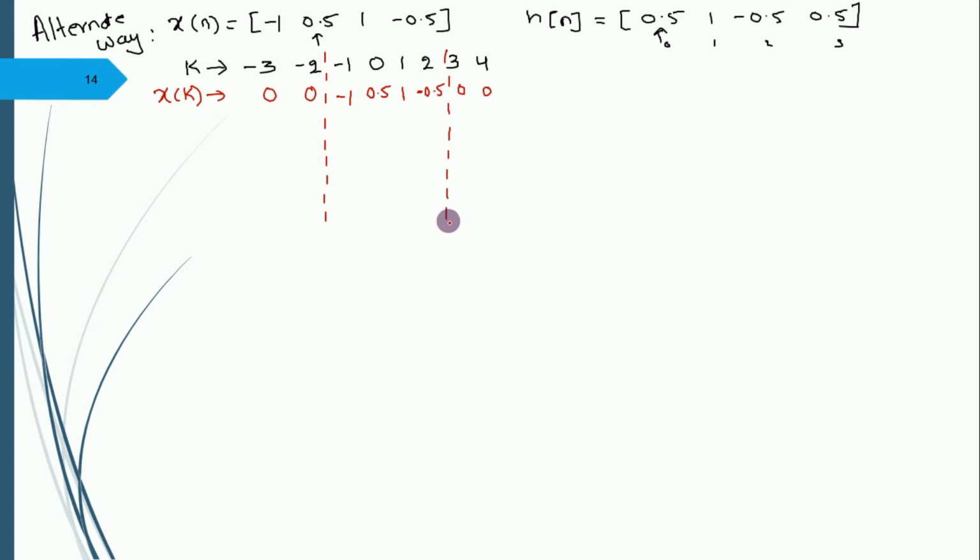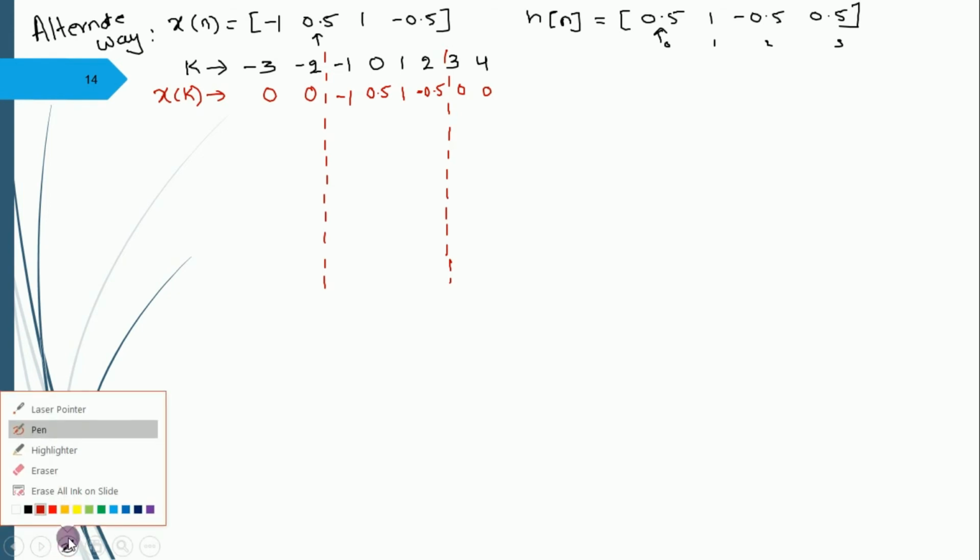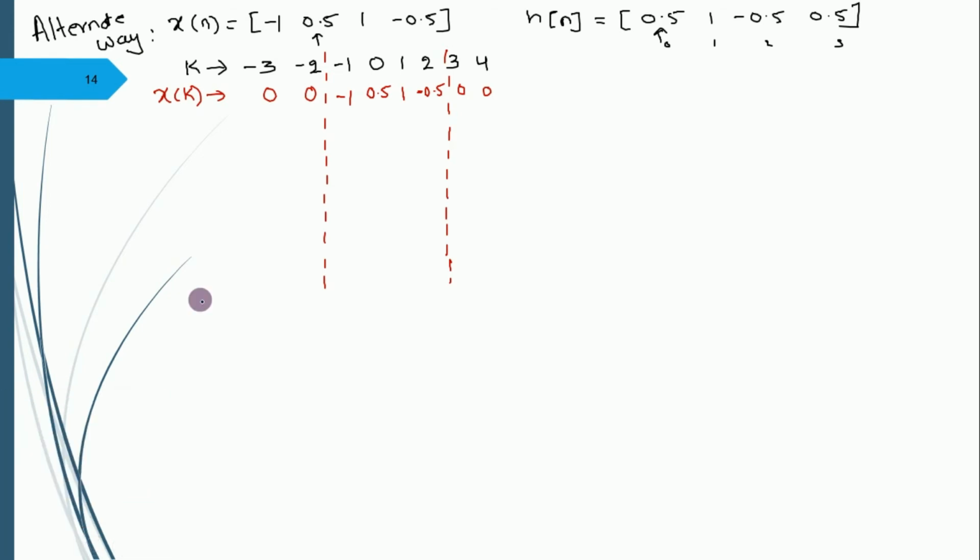So this will be helpful for my further simplifications. So again, I change the ink. So here, you know that h of n minus k